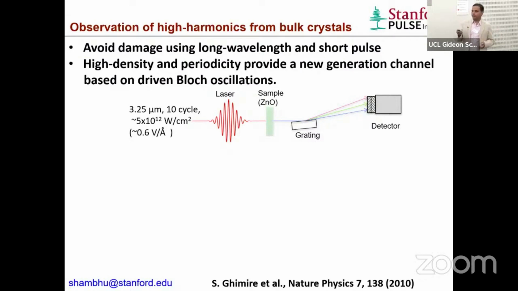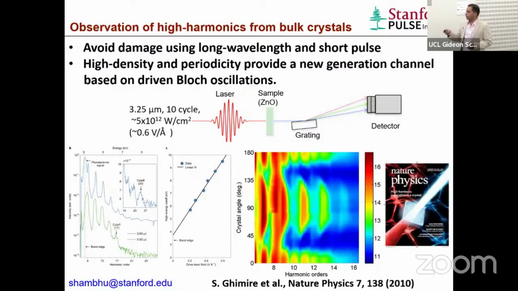So at the time I thought, why don't I get the same ratio, so I get into the same strong field regime, right? Zinc oxide has a 3.2 eV band gap, and the laser is 0.3 eV, and I get this ratio of 10. So we tried this experiment, and sure enough, without too much struggle, we were able to see these